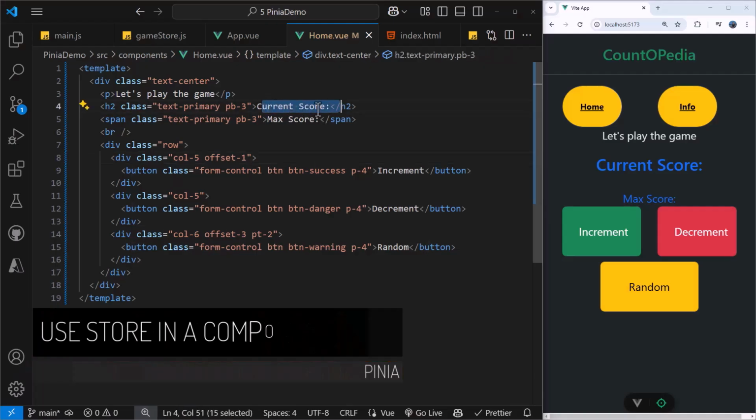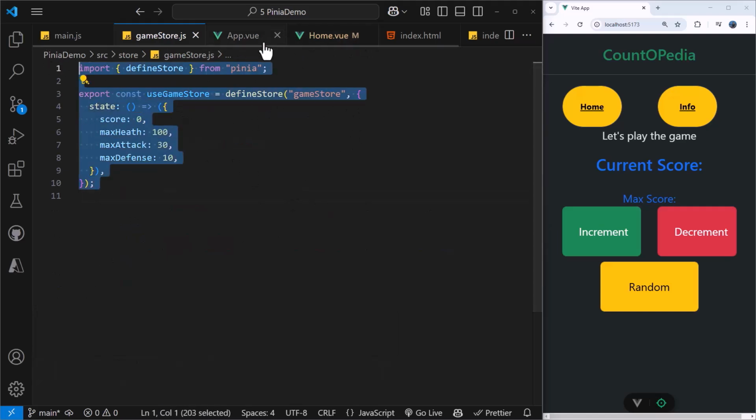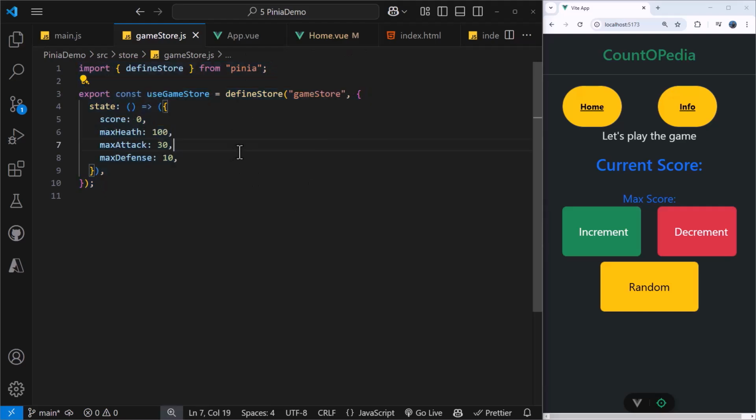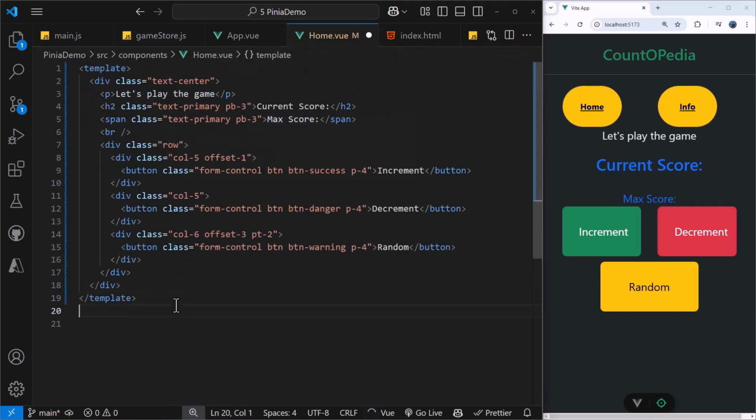Now we want to display the current score and maximum score based on what we have in our state right here. For that we will have to import this particular store in our component. When we have to import a store in our component, we do not import them using the ID that we give to our store. We import that using the export name that we have given here, that is the useGameStore. So if I go to the Home.vue here, let me add script, add setup there, and there we